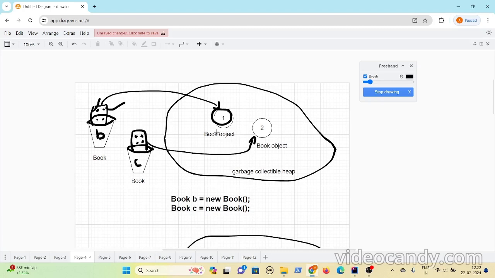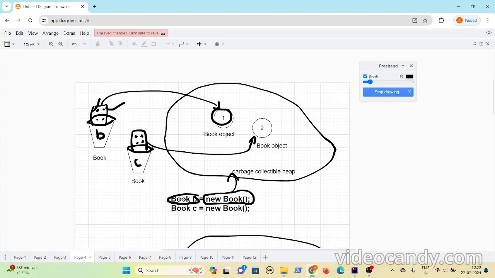Let us assume that there is a Book object. As we discussed, whenever you do new Book(), an object gets created on the heap, so this right hand side is related to the heap, and this left hand side is related to the referencing.